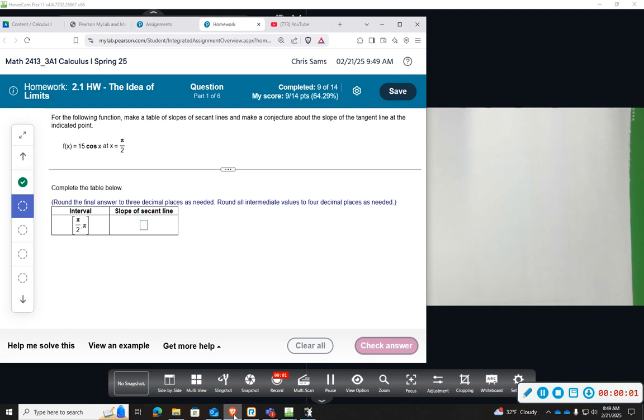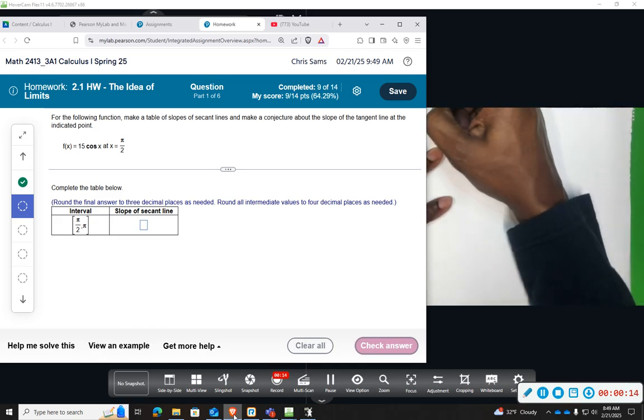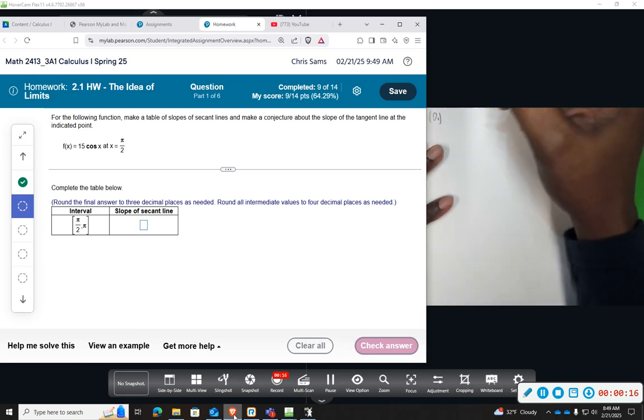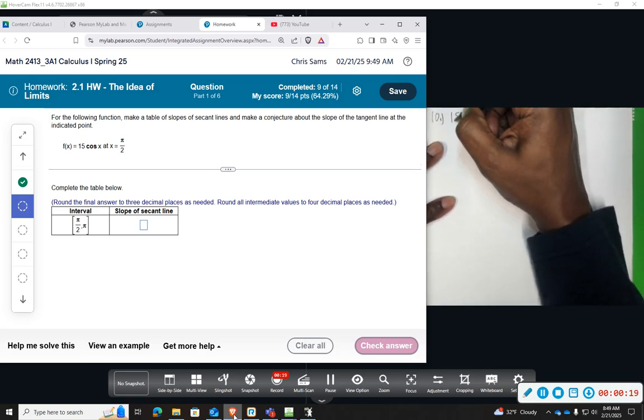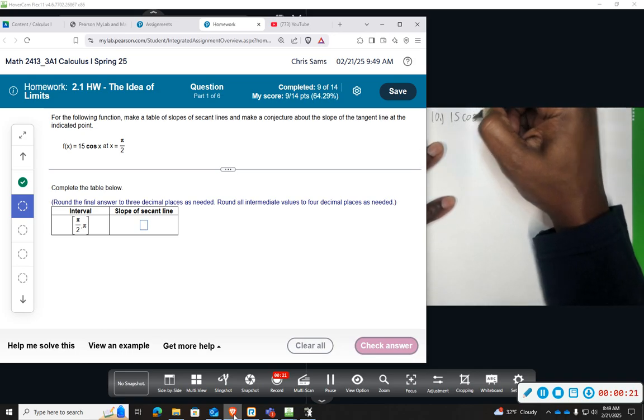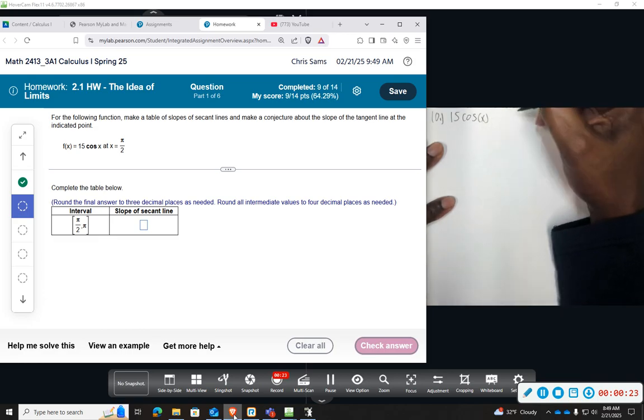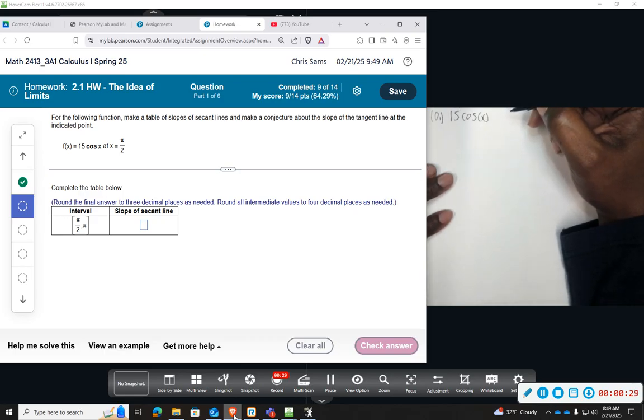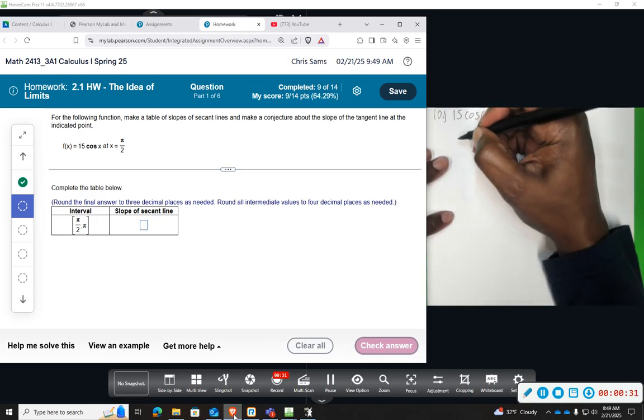All right, number 10, we are going to make a table of the slopes of the secant line and make a conjecture about the indicated tangent line at the point. So we have a trig function, 15 times the cosine of x, and we want to evaluate x at pi half to pi. Okay, so the first slope